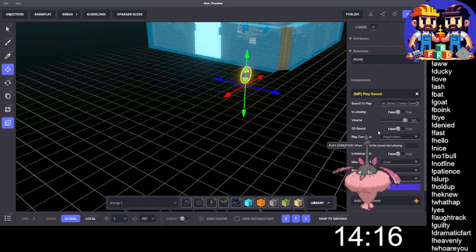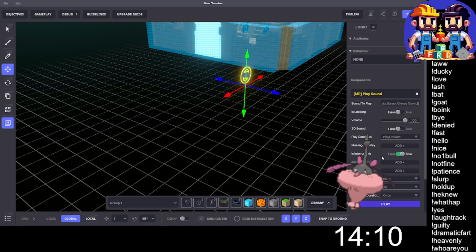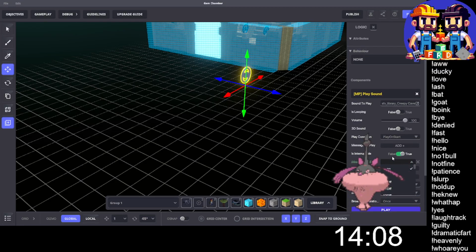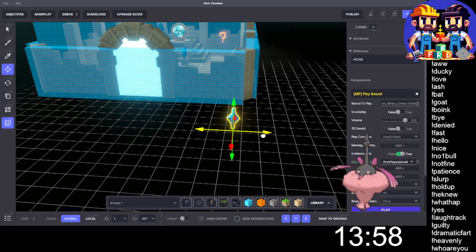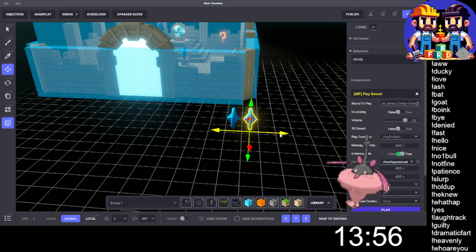So this one is the one that plays on start. It's not a 3D sound. I want everybody to hear it. And yes, I want it to be interruptible when the first player joined. Great. Now, when first player joins,